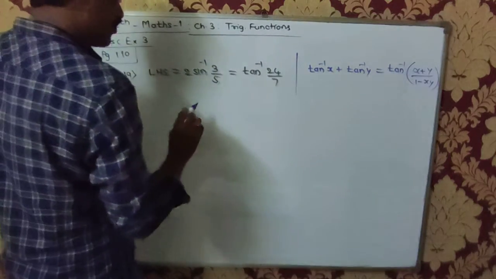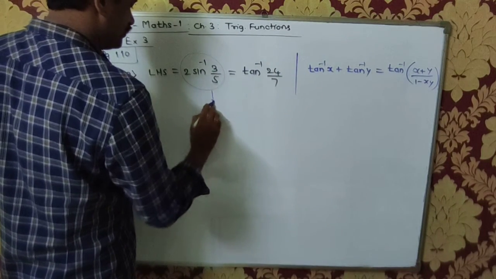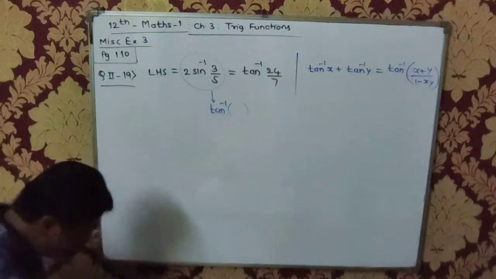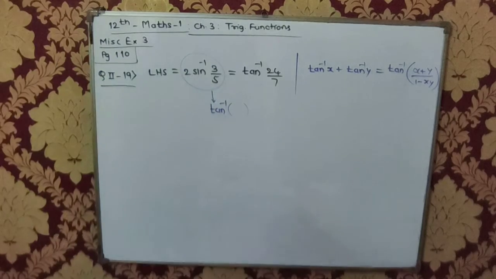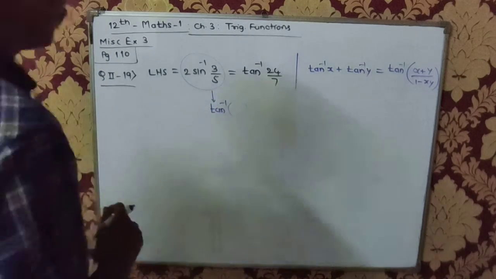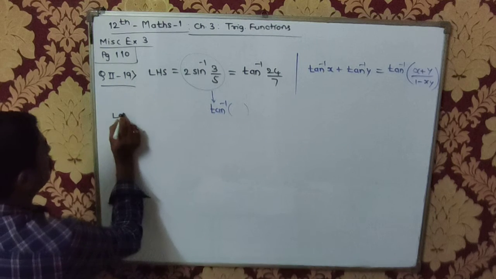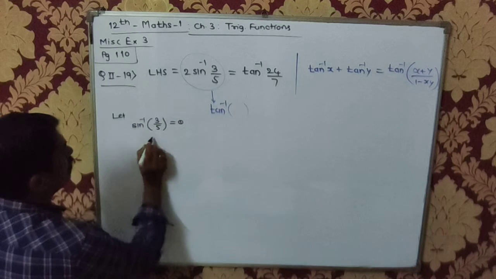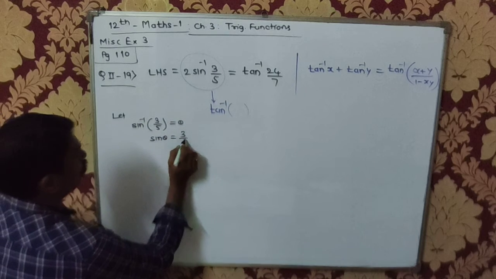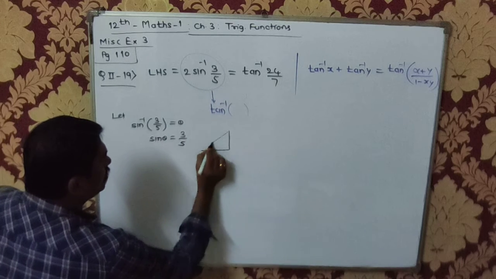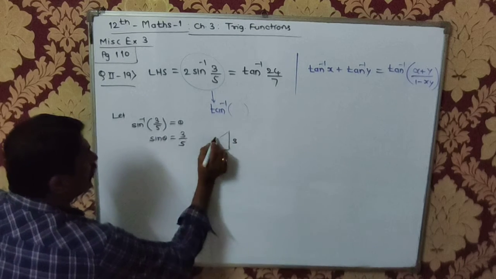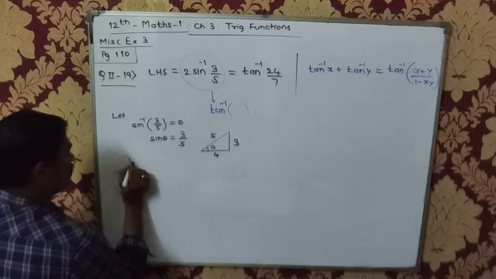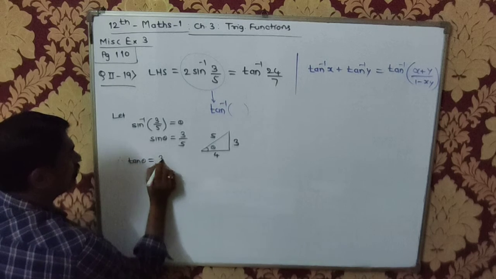Okay, so I have to convert this sin inverse into tan inverse. This is our मेजर टास्क. तो उसके लिए मैं बोलूंगा what I'll say here is let sin inverse of 3 upon 5 is equal to theta, and therefore sin theta is equal to 3 by 5. तो राइट एंगल ट्रायंगल जो तैयार होगा यहाँ पर वो इस प्रकार होगा. अपोजिट साइड 3, हाइपोटेन्यूस 5, तो ये होगा 4. आई होप दिस इज क्लियर टू ऑल. And therefore tan theta is equal to 3 by 4.